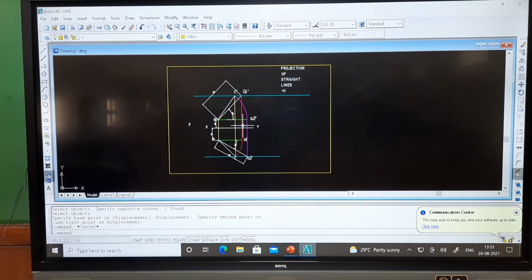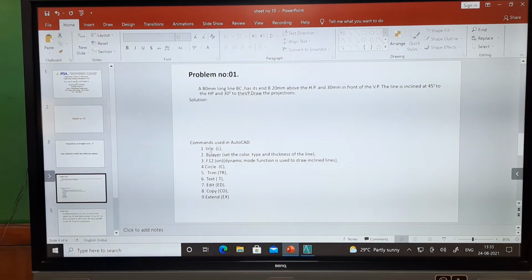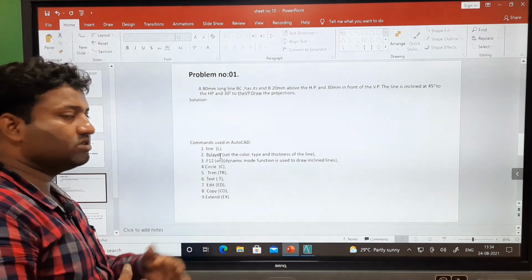In this, whatever the commands we have used, I will show you. The commands we have used are line and layers. Due to these layers, we have changed the color of the line. F12 is the dynamic mode. What is the function of this dynamic mode?